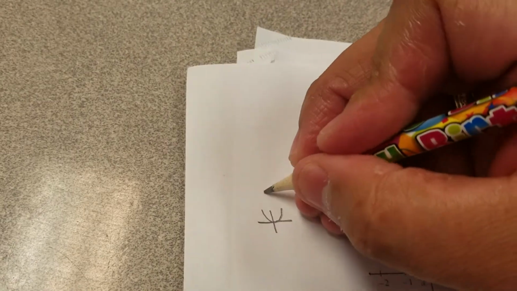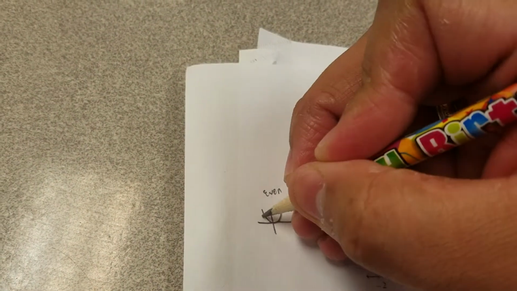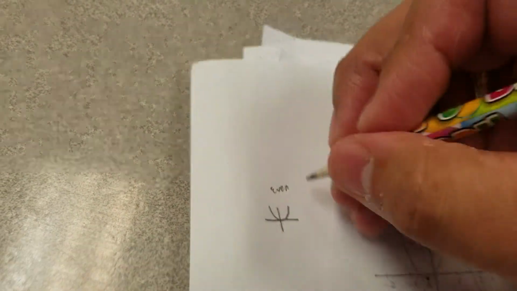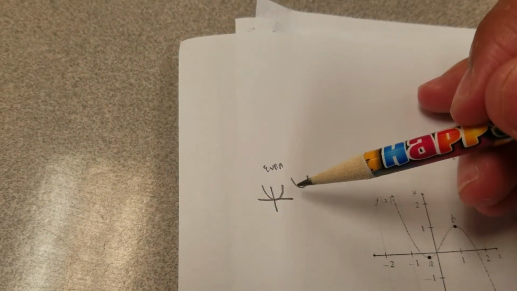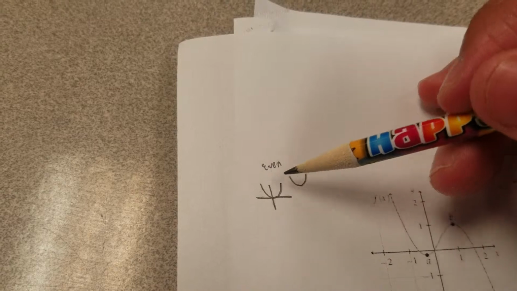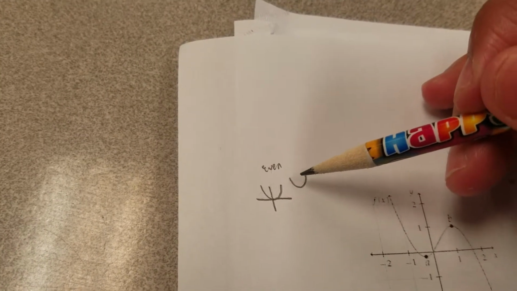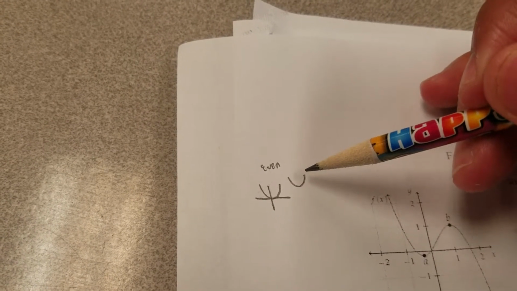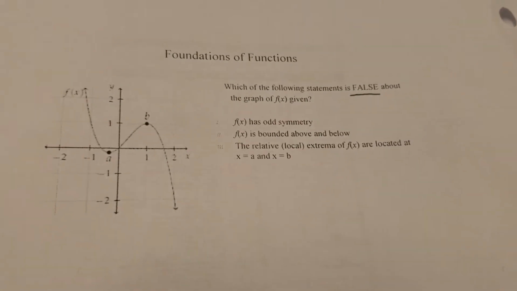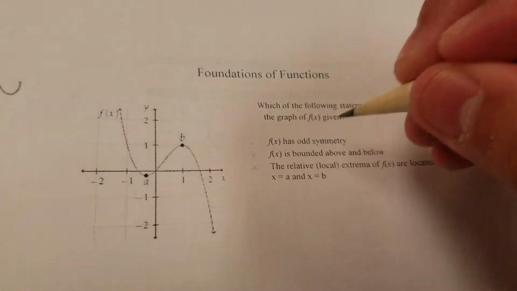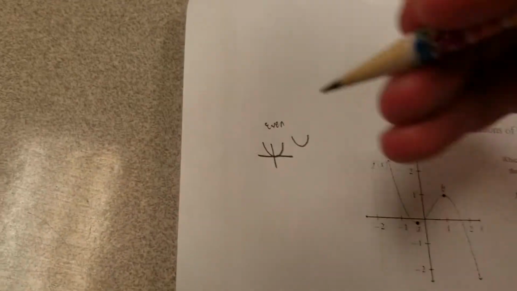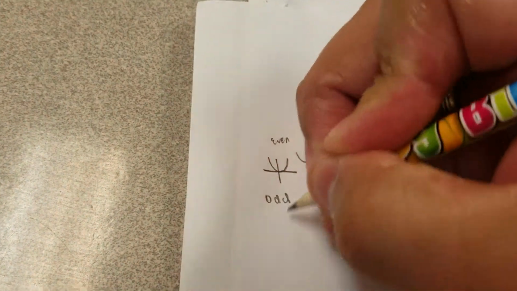even symmetry is when it's even, or when it looks the same on both sides of the y-axis. So even if I had this shape over here, if I look at the y-axis, it doesn't look the same on both sides. So this, even though it's still a U shape, this is not even. Okay, and I know they're asking for odd over here, but I just want to tell you what even is just in case. Okay, so odd,